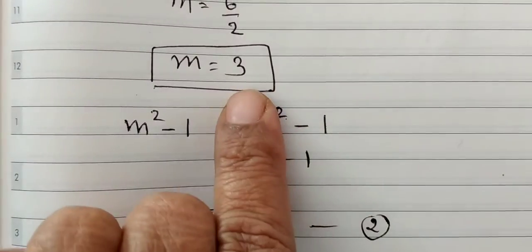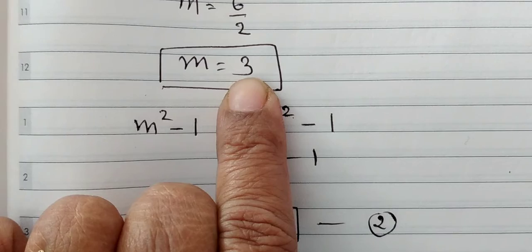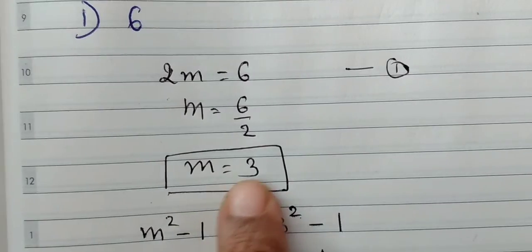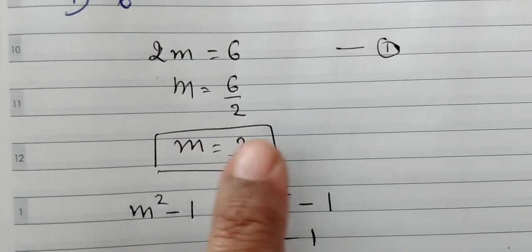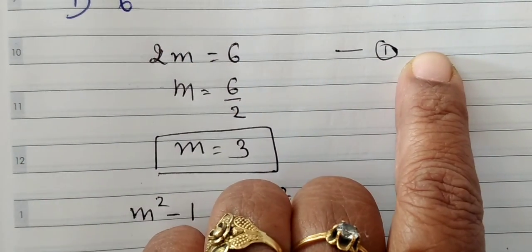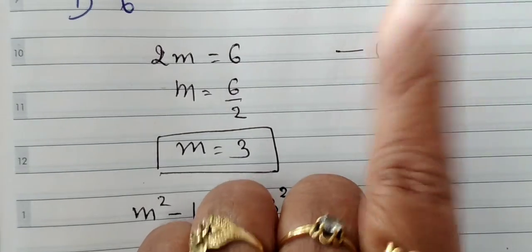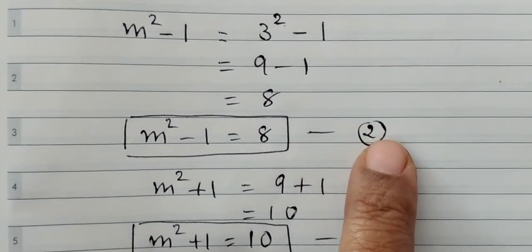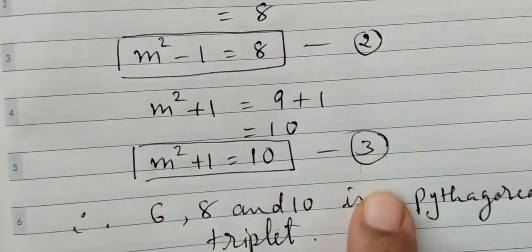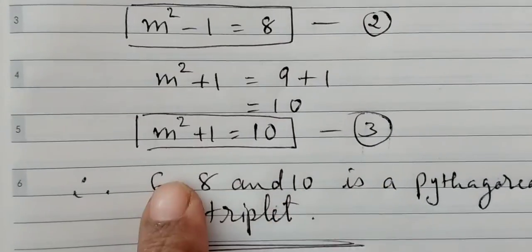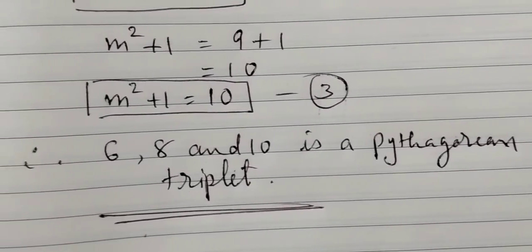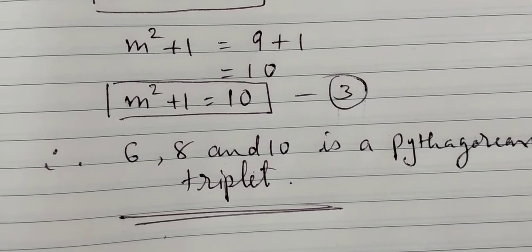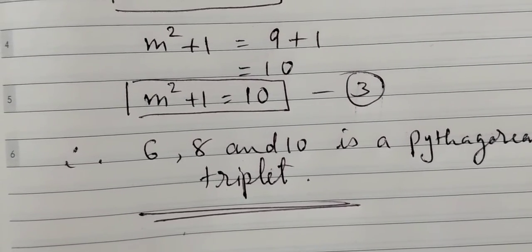so that you don't make a mistake in writing the first number. Many of you will make a mistake. Instead of writing this 2m's value 6, you will take 3, 8 and 10. So to avoid that mistake, we will just write down in the very first number 1. Then as we start obtaining the numbers, we will just give the serial number and then write down finally the members of the Pythagorean triplet. So the rest of the two sums you will do on your own.